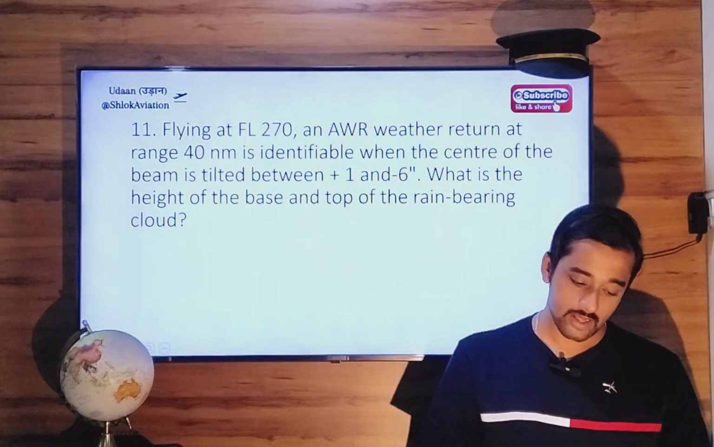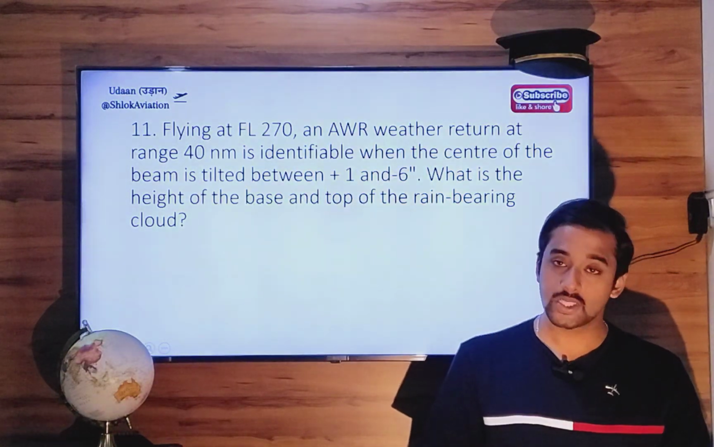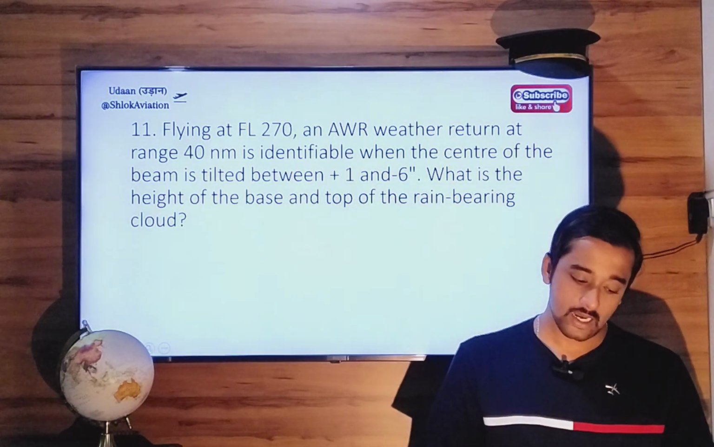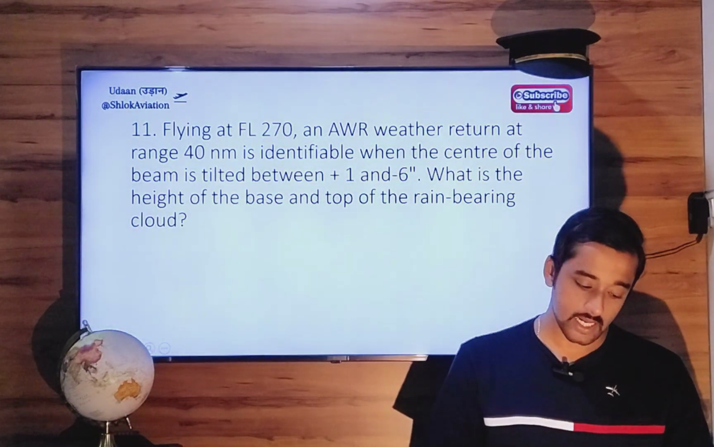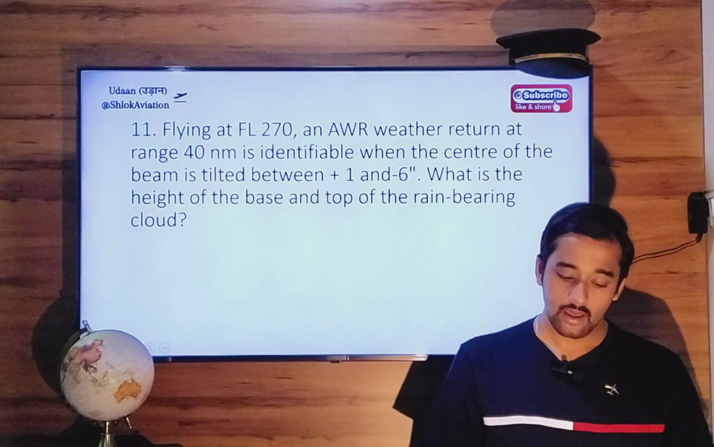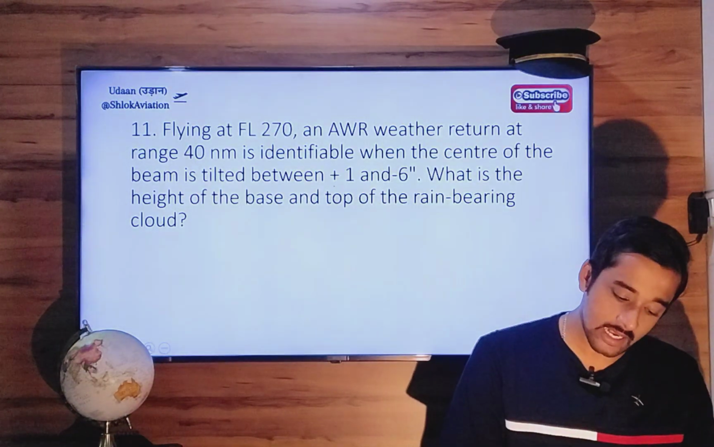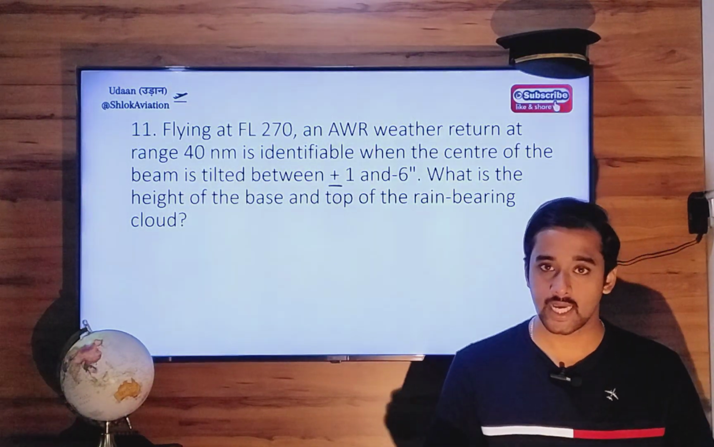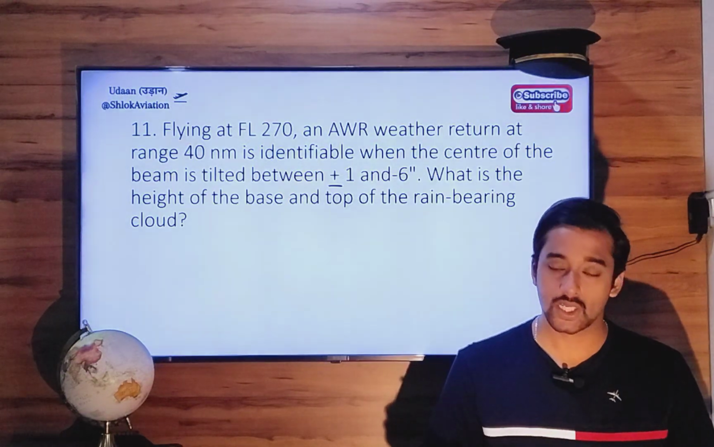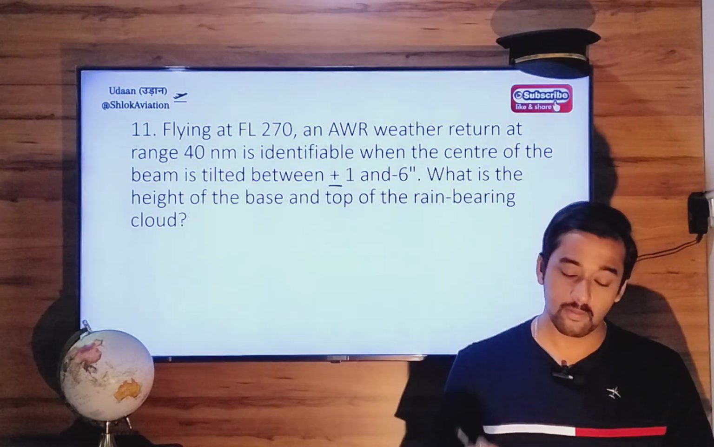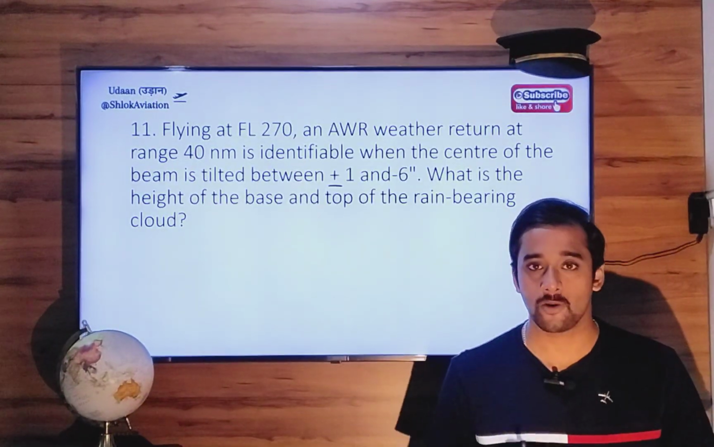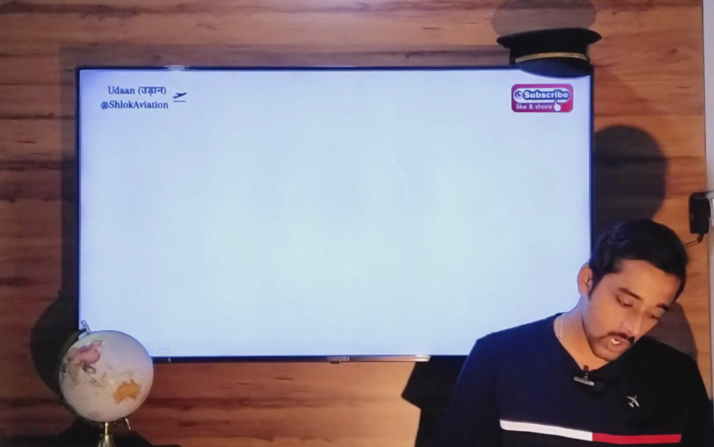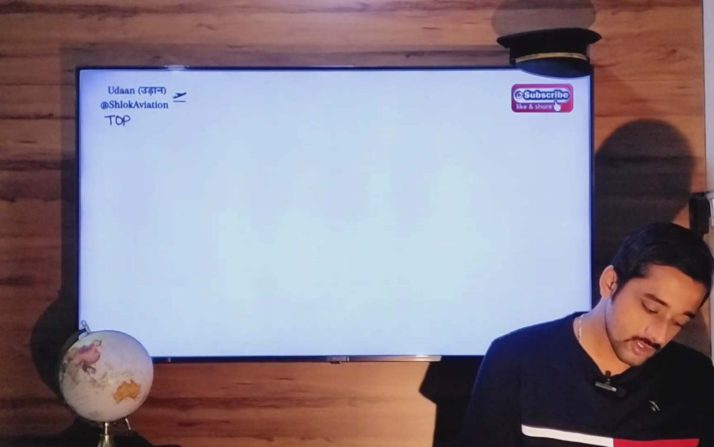Next, question 11. Flying at flight level 270, an airborne weather radar return at 40 nautical miles is identifiable when the center of the beam is tilted between plus 1 degree and minus 1 degree. Okay, the minus sign is missing, and minus 6 degree. What is the height of the base of the cloud and top of the cloud? We have to find both base and top of the cloud. So let's first find the top of the cloud using the formula